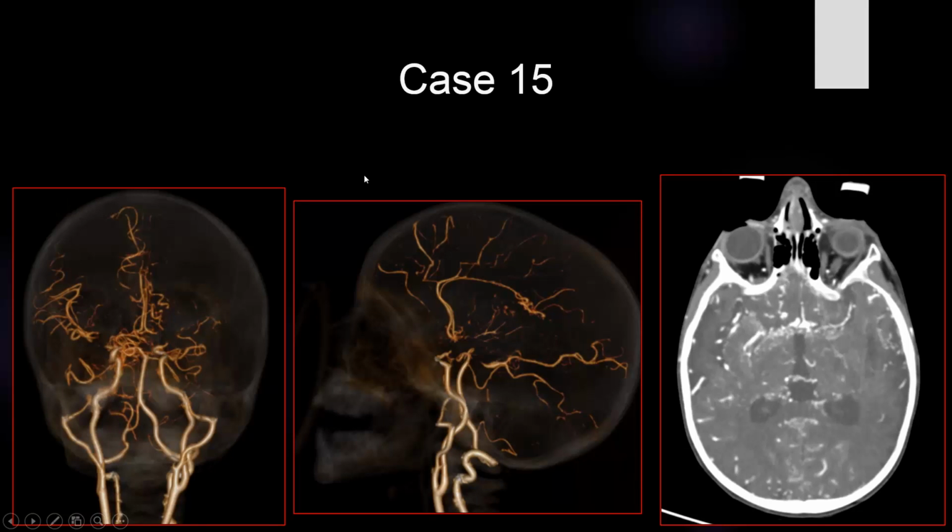Okay, the last case here. In this post-contrast CT we can clearly see there are multiple tortuous vessels smearing the extra-axial CSF spaces. Once you see these multiple tortuous hypertrophied vessels, you should suspect moyamoya disease. This CT angiography study confirms the presence of the